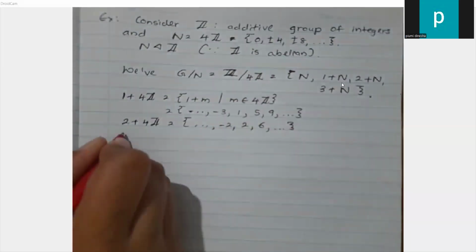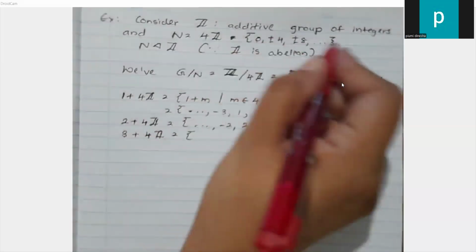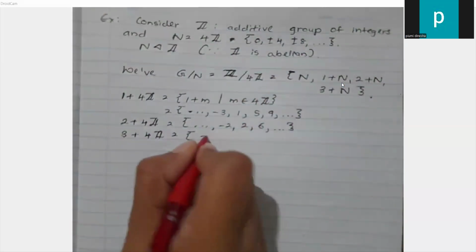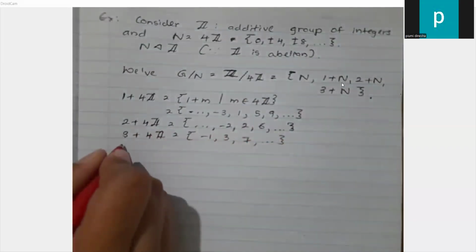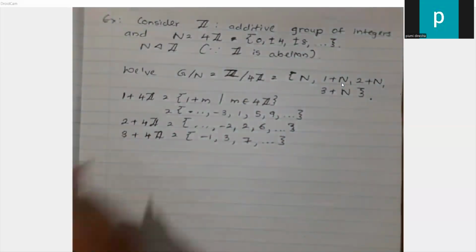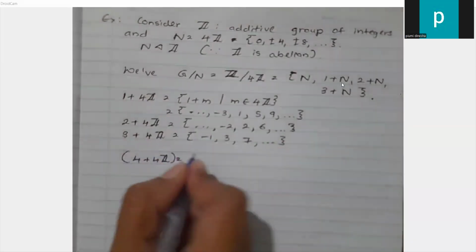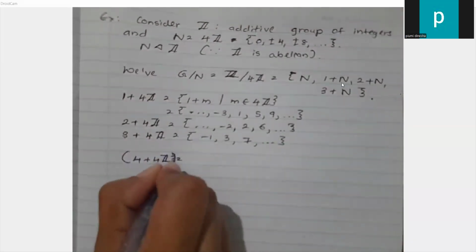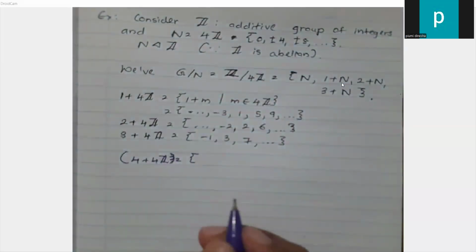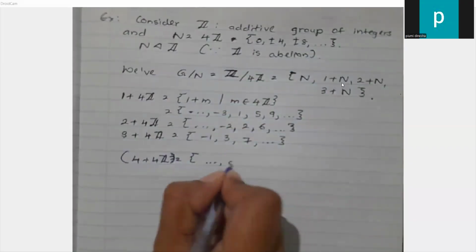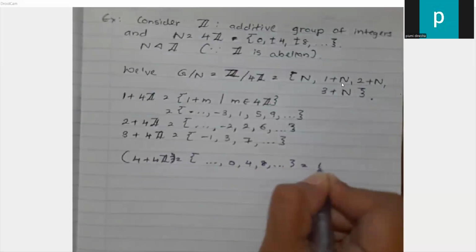Then we have 3 plus 4z. To all these integers, we add 3. We've got -1, 3, 7, likewise. Now, if we go to 4 plus 4z, right? Sorry. This is equal to all of these integers, we add 4. -4 plus 4 is 0. So we have 4, 8. What do we get? We simply get